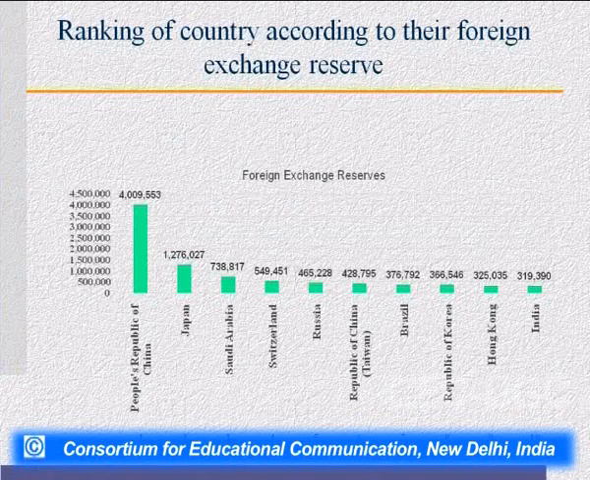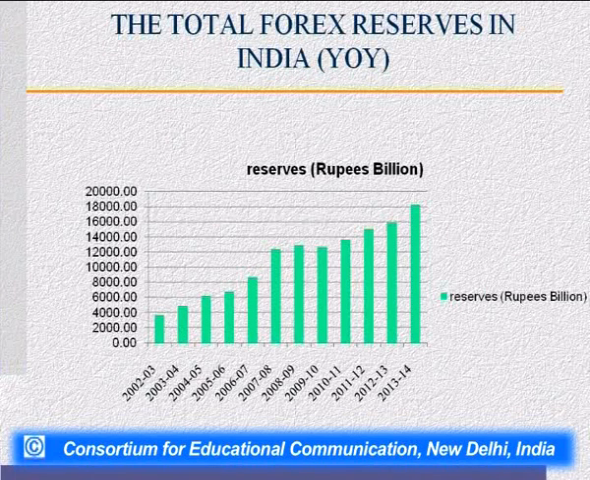Now we can see the fluctuation in the total forex reserve in India year by year. You can see over here, the data is in rupee billion. In 2002-3, the foreign exchange reserve is only 2000 rupee billion, and year by year it is increasing. Now, if you talk about the 2013-14 scenario,